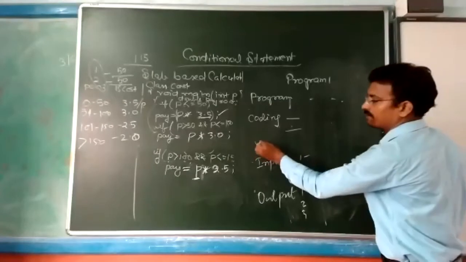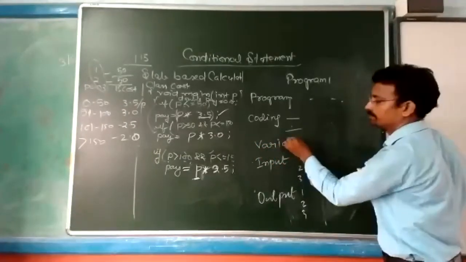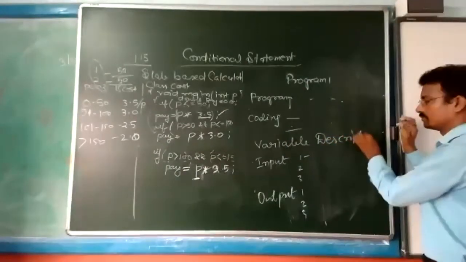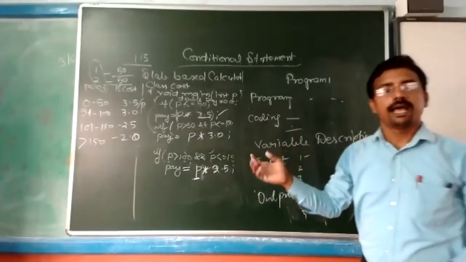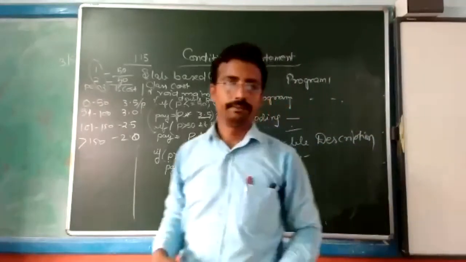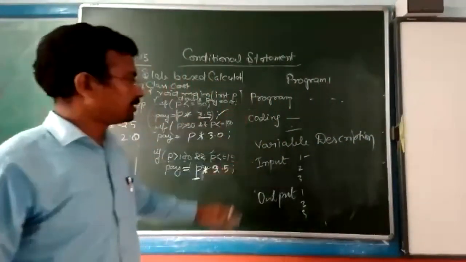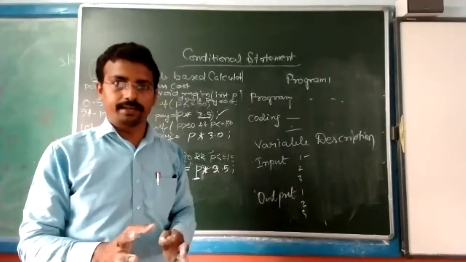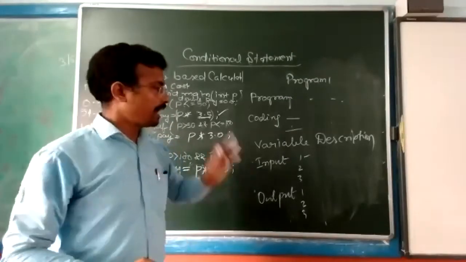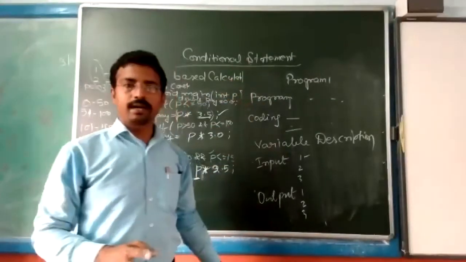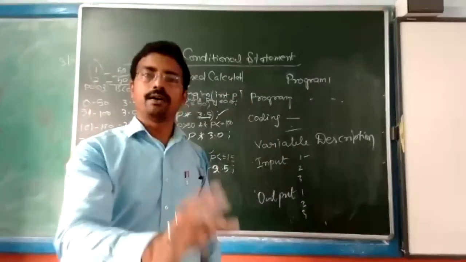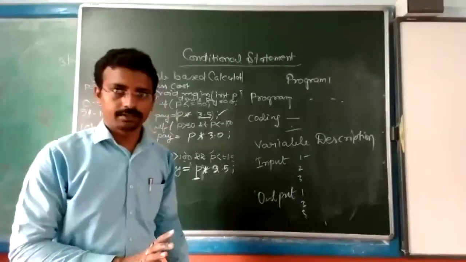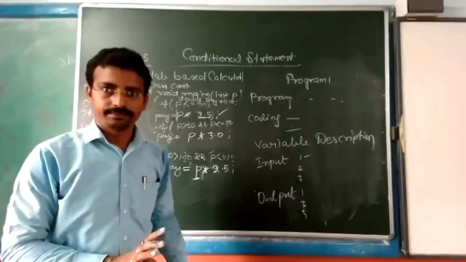Then you have to write the variable description. What is this? I will explain in the next class, at the starting, before starting the class. This is the pattern. Using this, you will write in your practical copy, your computer practical copy. And be sure that whatever programs you write are executed on the computer with some values, and that they are correct. Got it?